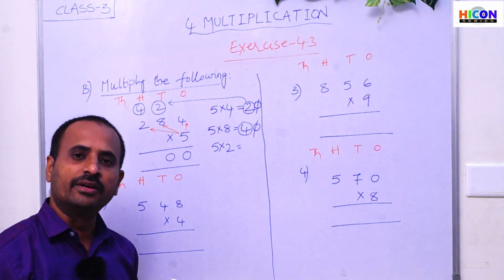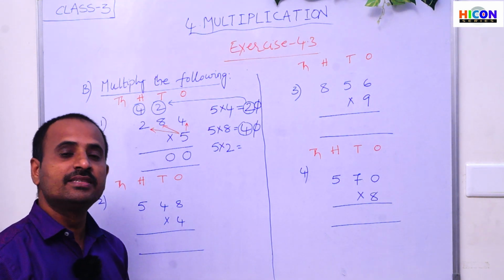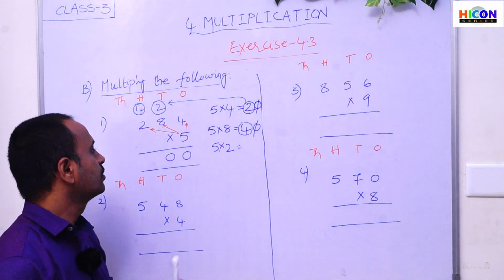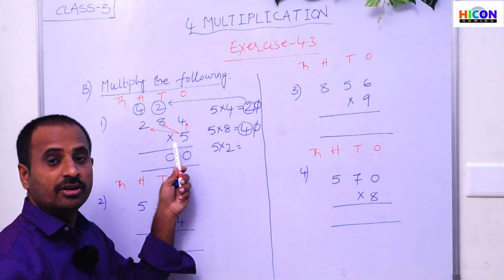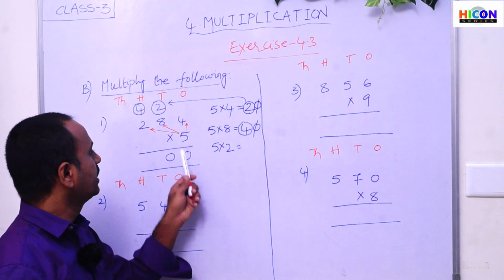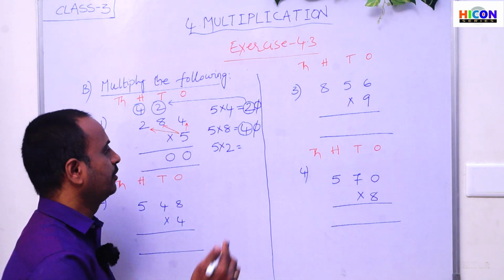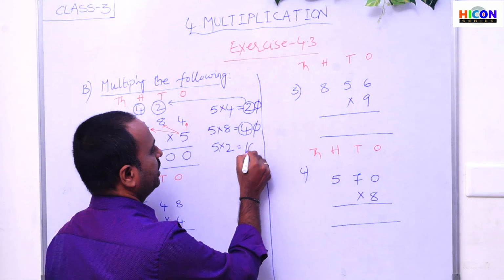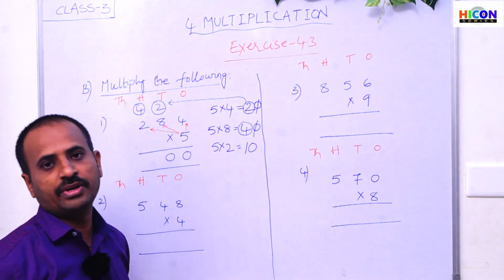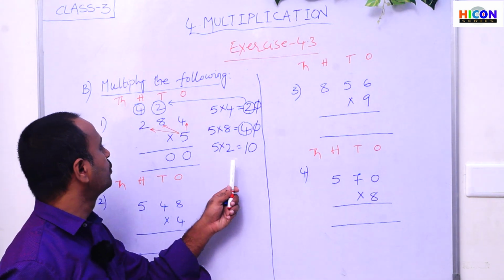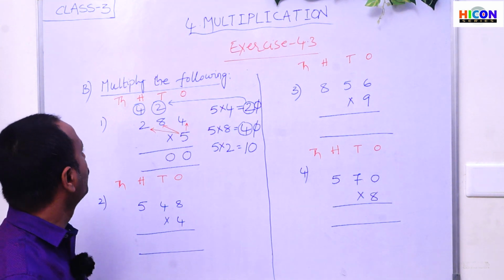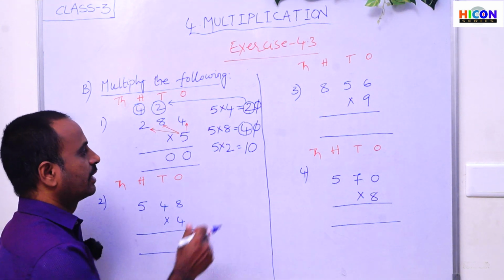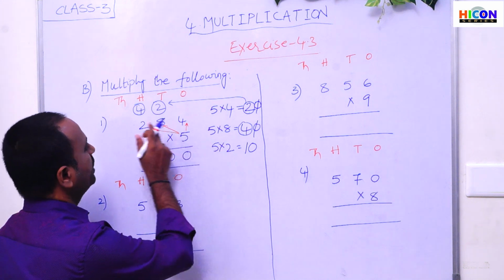So if you get tables thoroughly, you can easily do the multiplications. So now here we have to get thoroughly the fifth table. So here 5 2s are how much? 5 2s are 10. Here 10 is also a 2-digit number. So if the product is a 2-digit number, what do we have to do? We have to carry the number to the next place.